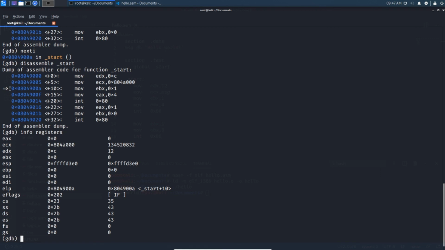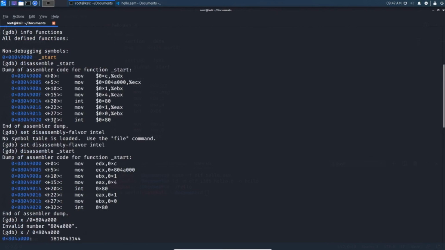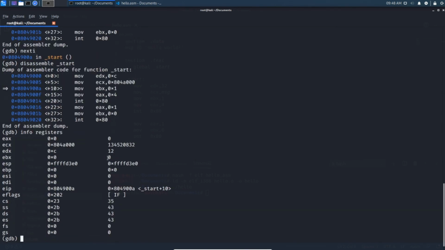If you attach that plugin to the GDB debugger, it will automate some of the processes that you need to do. Let me give an example. See here, we used set disassembly-flavor intel, but if you use the PEDA plugin, the disassembly flavor will automatically be set to Intel flavor. So then you can save some time, and there is some customization of colors. So that is the use of the PEDA plugin.